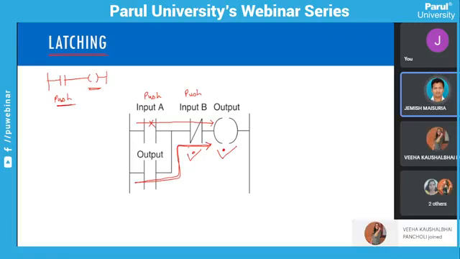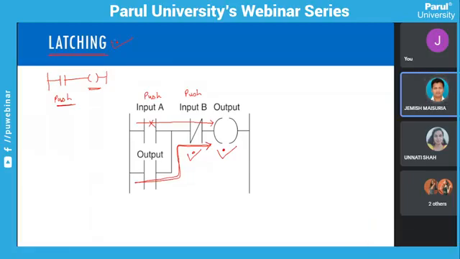This latching concept is used mostly in automation for doing the work, because we sense just one time and after that it will be operated. Something like over there in the video we have seen, that block will be sensed, and after that it will be moved further for the other operation. Once that block is sensed, you will start that conveyor belt, so it will keep moving till the next sensor detects it. So this way this latching will perform.